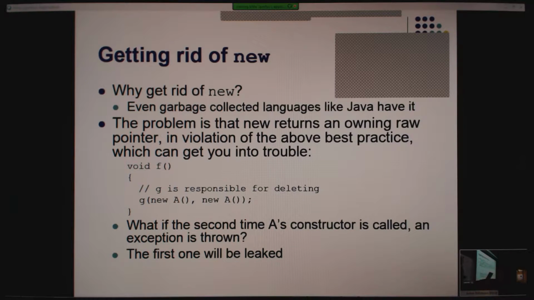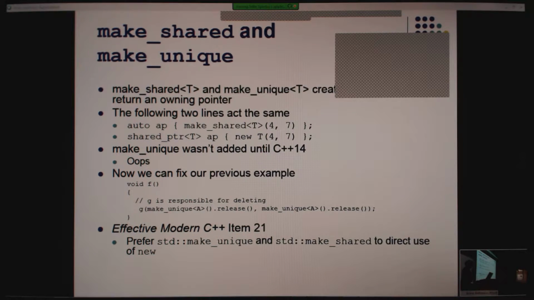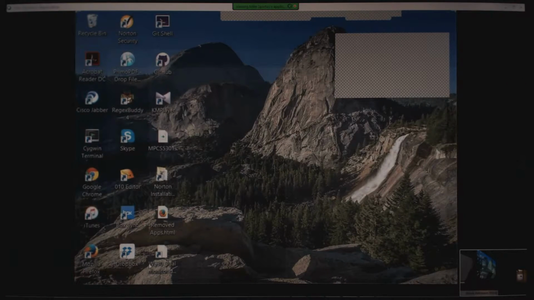So the real point is it's a mistake to ever have an owning raw pointer visible, right? So let's fix the code, and this fix is actually wrong. So let me